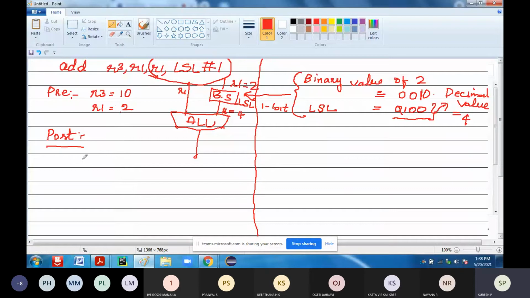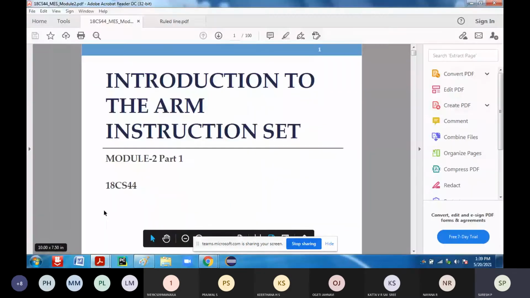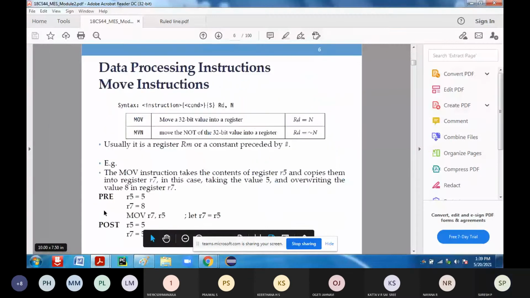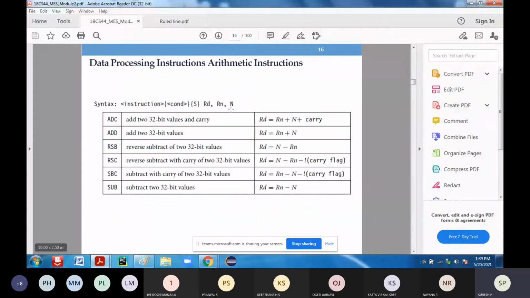Now, what is the ADD instruction going to do? If you take the syntax of the ADD instruction, which you have discussed in your instruction set, you can see it here.